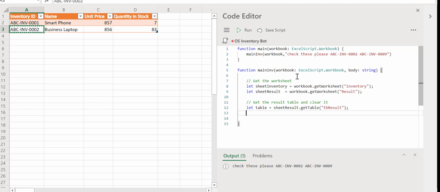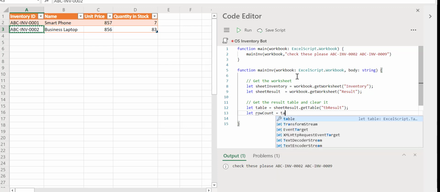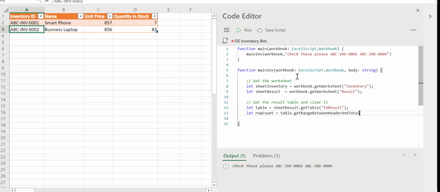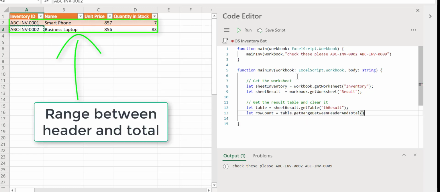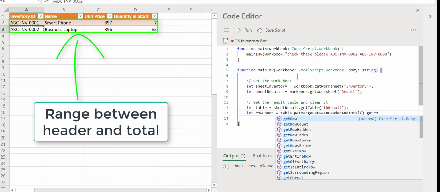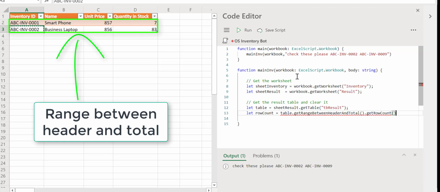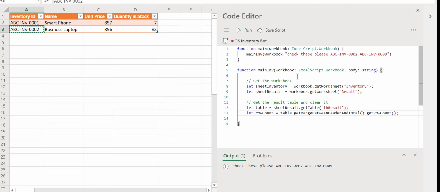So the next thing we do is get the number of data rows in the table. We first of all want to get the range of the data in the table, and we use the kind of long named function getRange between header and total. This is the equivalent to the table data body range function in VBA. And once we do this, we then use getRowCount of this range to give us back the number of rows